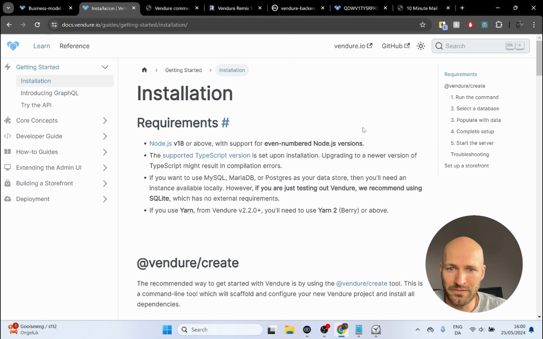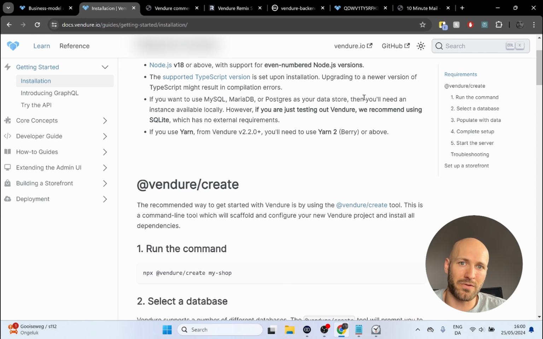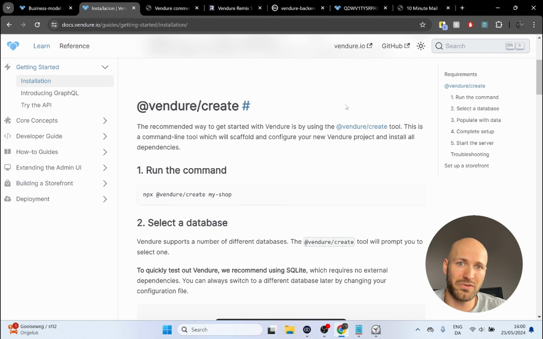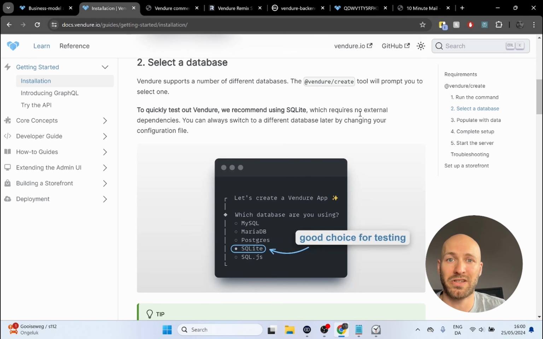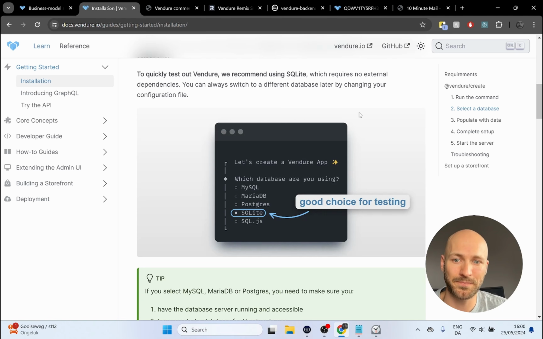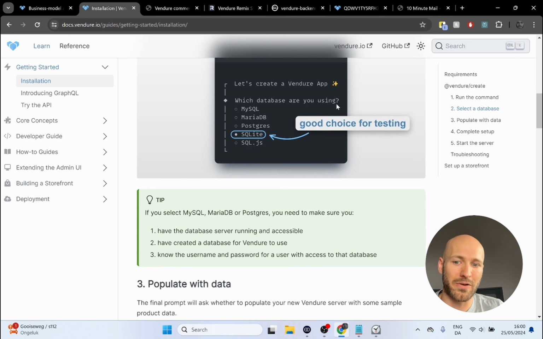I did that myself, and it took me longer than 5 minutes. I ran into some issues. So while doing this setup, it failed on me because there was no database, and I had to find out how to create the database myself. And then when I ran the setup flow again and gave all the credentials to the database, it finally worked out, and it created the application on my machine, and I was able to run it locally. So I would say that took about 15 minutes, and then I had a backend and a React Remix webshop